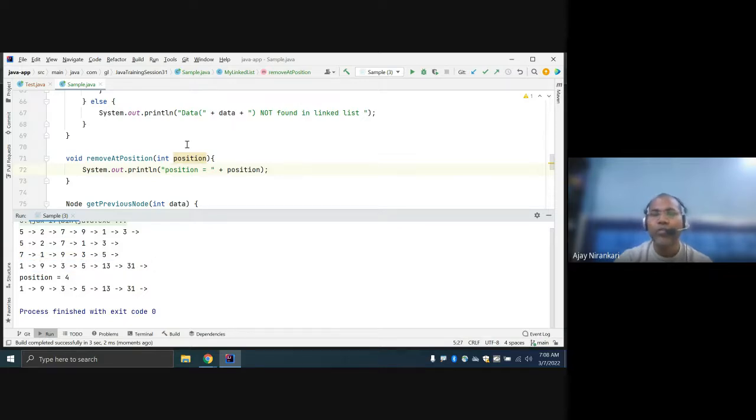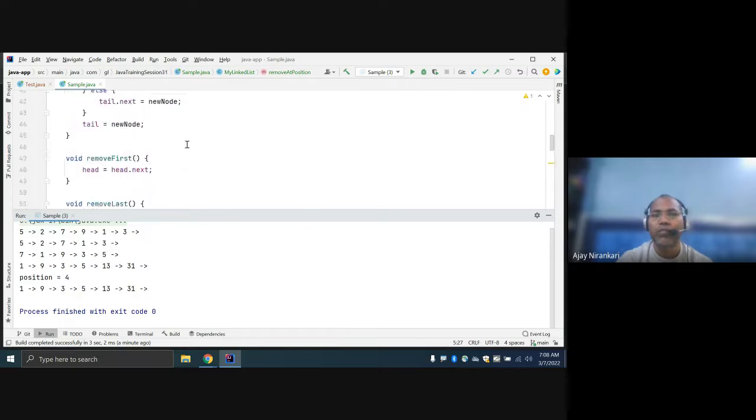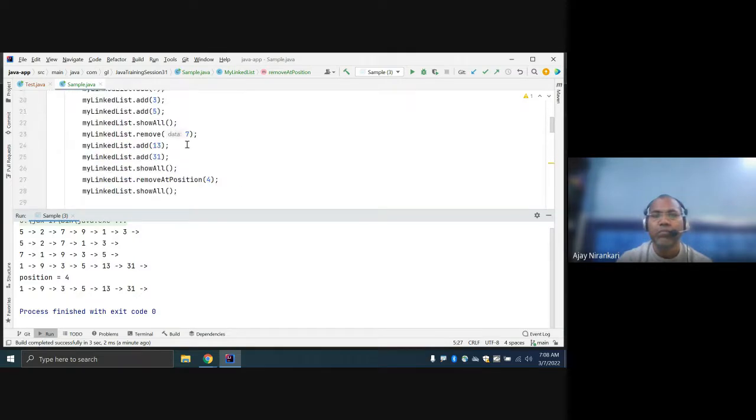Let's say they want to remove position number 14, or position number 40. Are you able to remove? There is no 14 position data. Right? So first we have to check whether the position the user gave is less than our linked list size, you can say.